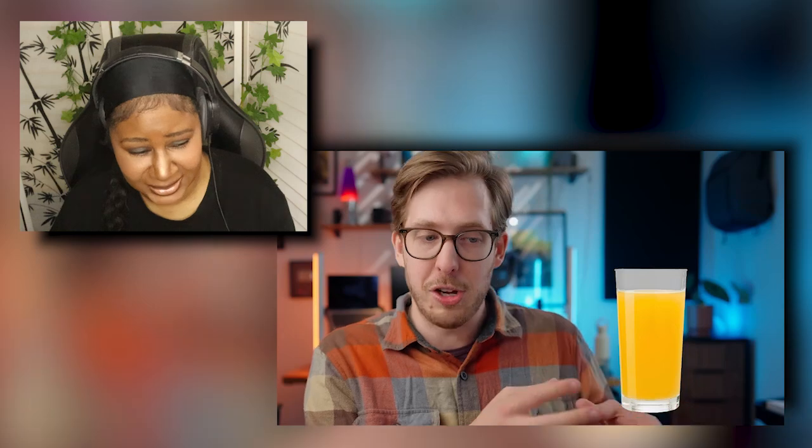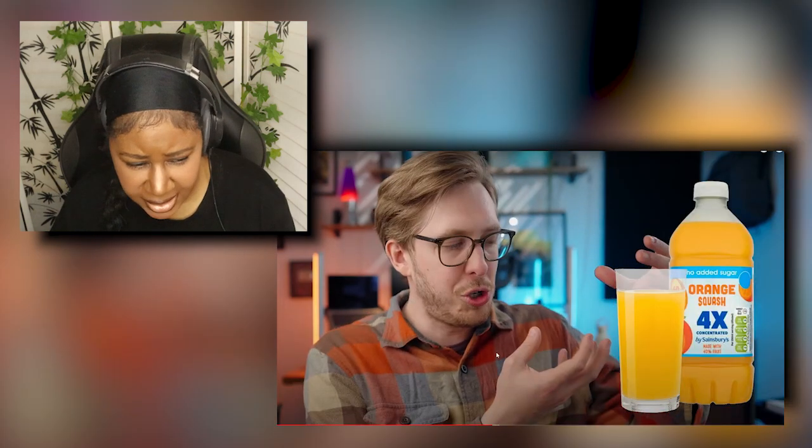Now, I'm assuming this is a common mistake for migrants to make the move to the UK, but squash refers to not only the drink you make with squash, but also squash. So it's a bottle of concentrated... No added sugar orange squash. 4-time concentrated,